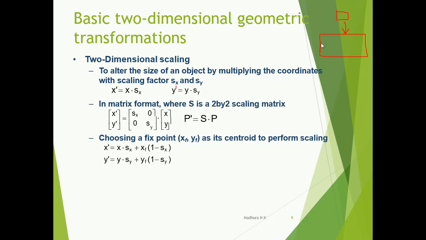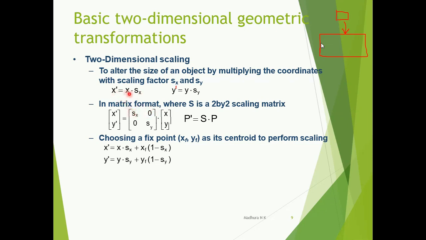So it is y dash. And now if you are writing the same formula in terms of matrix format, let us see. The new values whatever you are going to generate, that is defined as x dash and y dash, so we will write it in a column matrix, and next you have a 2 cross 2 matrix, which gives the coefficients of the x coordinate and y coordinate. So if you see this particular formula, how do you write these values here?